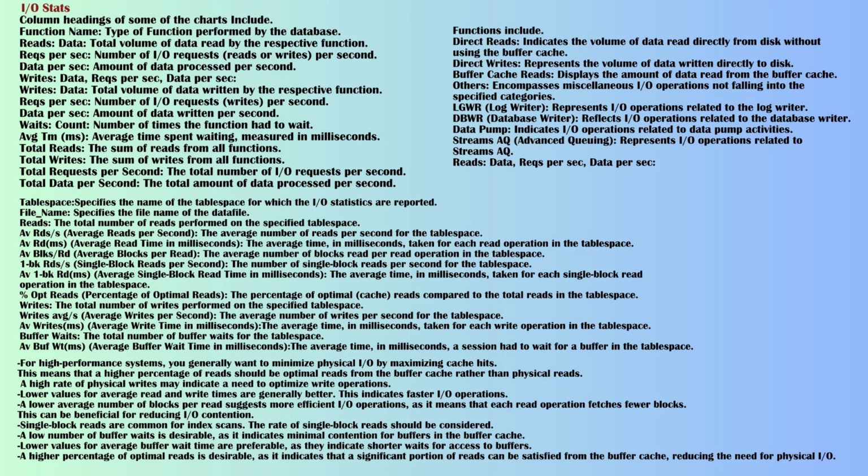%opt reads, percentage of optimal reads, specifies the percentage of optimal cache reads compared to the total reads in the tablespace. Writes represents the total number of writes performed on the specified tablespace. Writes average/s, average writes per second, indicates the average number of writes per second for the tablespace. AV writes, ms, average write time in milliseconds, represents the average time, in milliseconds, taken for each write operation in